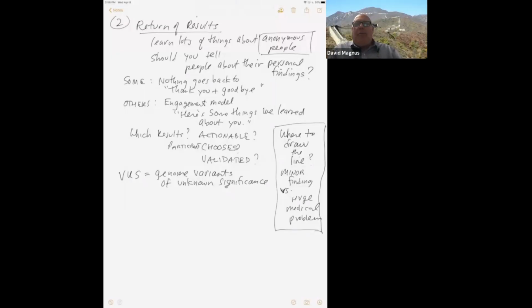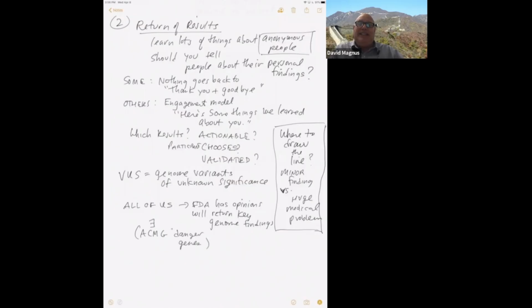So theirs is complicated a little bit by the fact that the FDA is putting some regulatory requirements to be able to return clinically actionable results from genome sequencing, but they're planning on, at least initially, returning both some key pharmacogenomics findings as well as the 59 ACMG results. These are the American College of Medical Genetics has 59 variants that they believe should be returned in the context of clinical genetic testing.